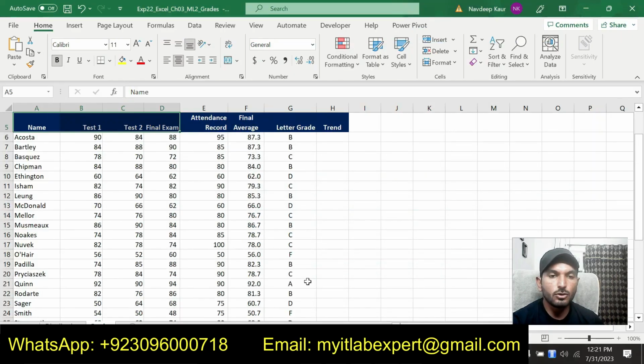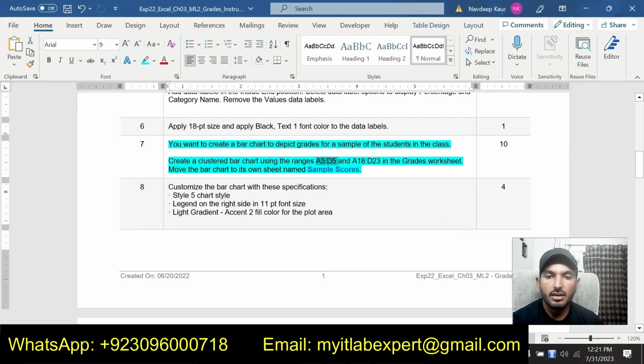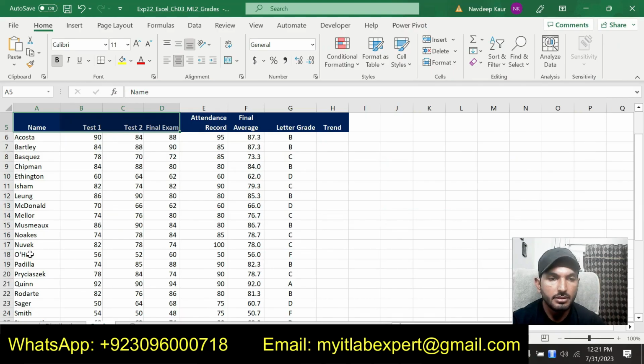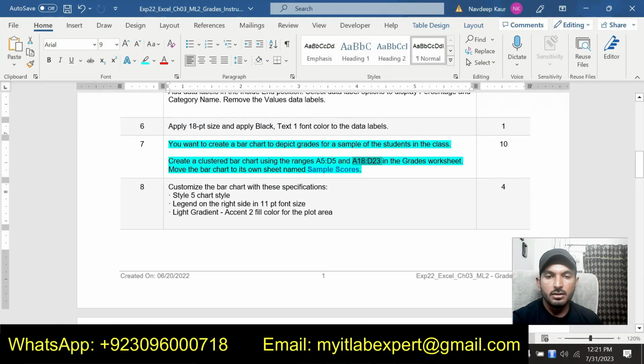So press and hold the control button and select A18 up to D23. So I have selected both ranges, and now we are supposed to insert or create a clustered bar chart.